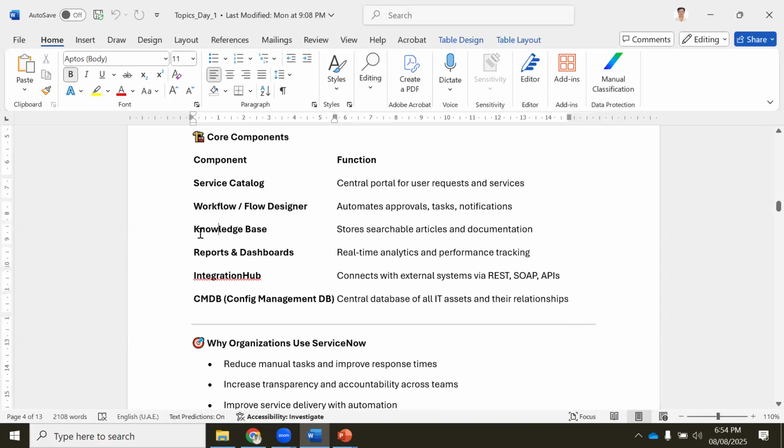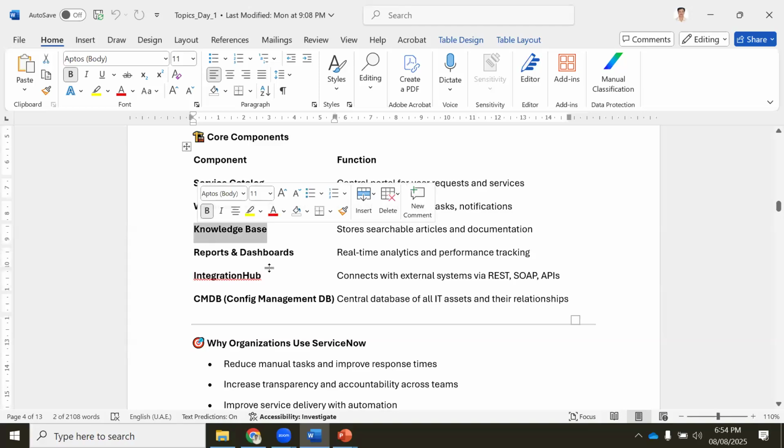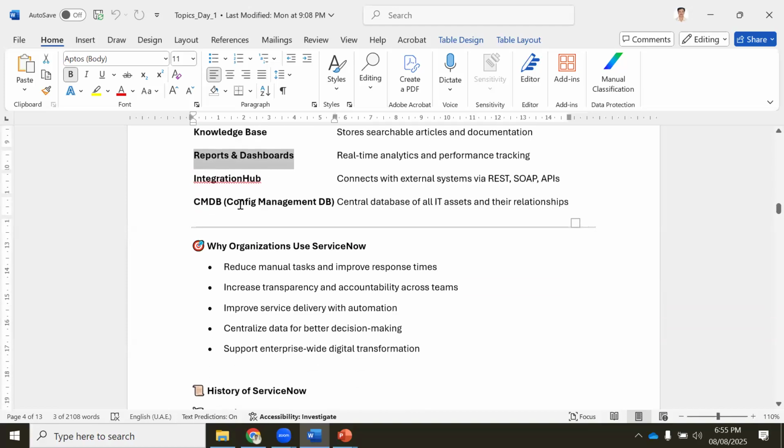While you are creating a ticket, suppose you search for laptop. Yesterday we discussed that laptop-related knowledge bases will be there, and by using those you solve your issues automatically. Those will be there in ServiceNow, and we will discuss this also. And reports, dashboards, Integration Hub with multiple systems. CMDB is where your CIs will be stored. CI is nothing but, for example, your laptop is one CI.